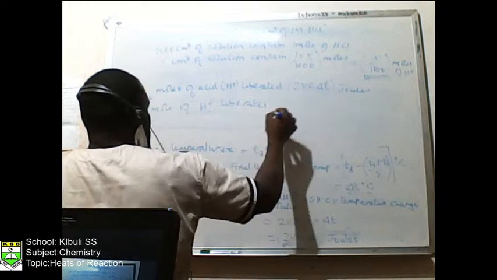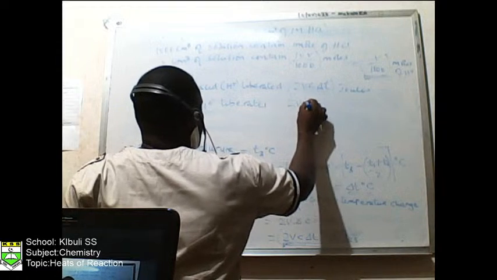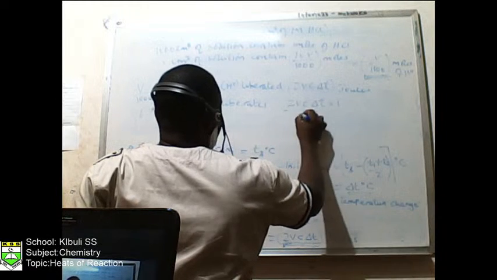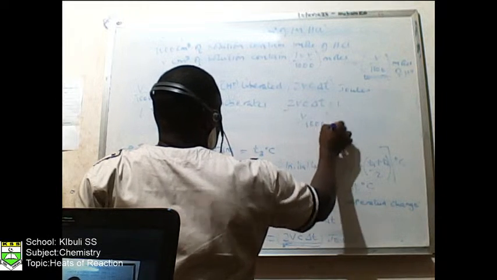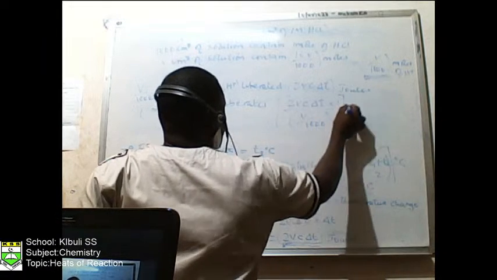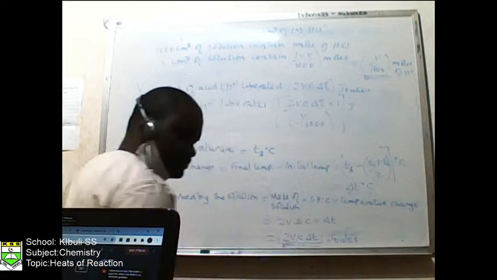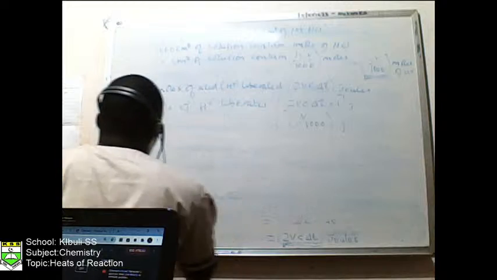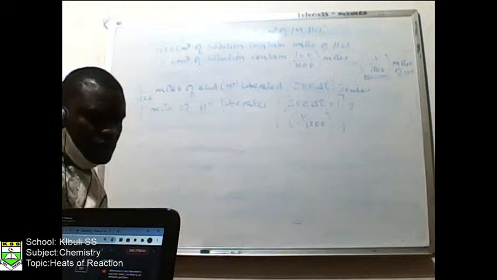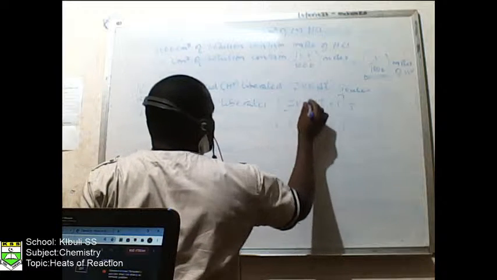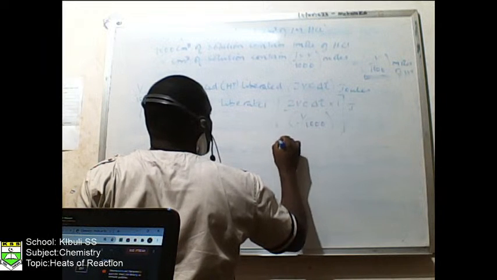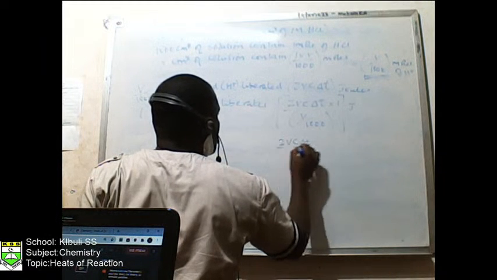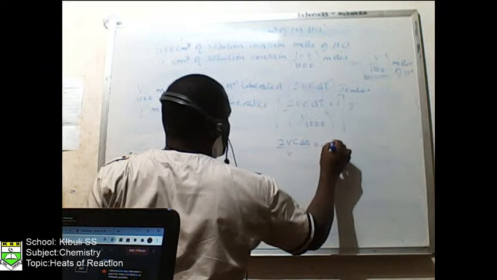Here we shall just cross multiply: 2V c delta T times 1 over V over 1,000. These are the joules, and on simplifying, this becomes 2V c delta T over V times 1,000